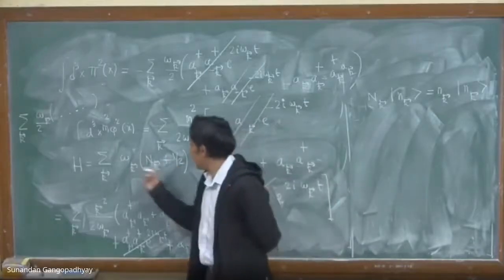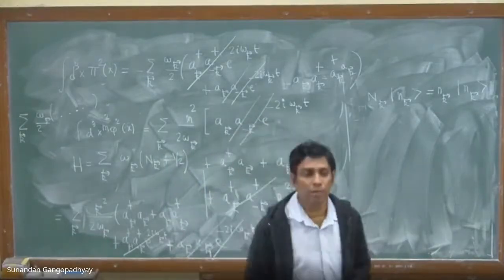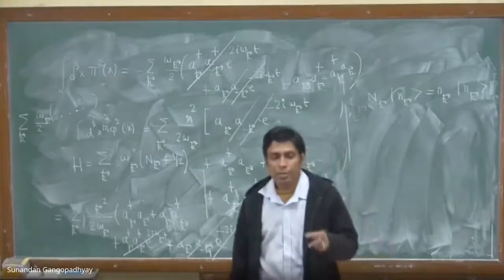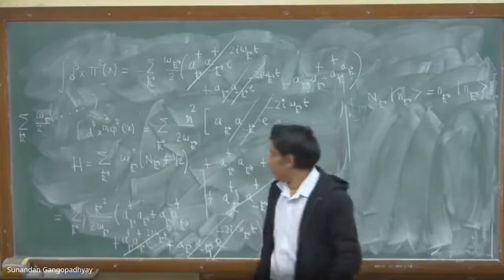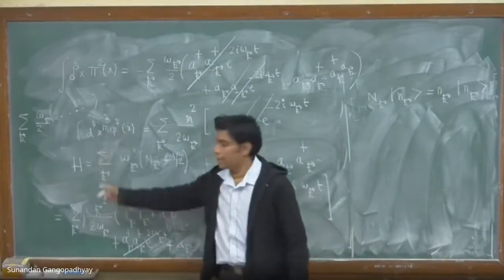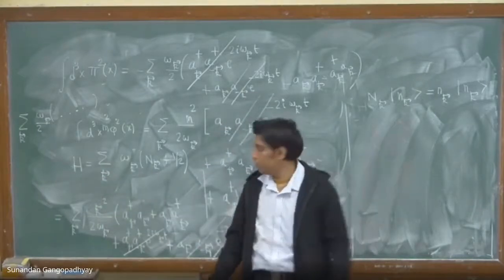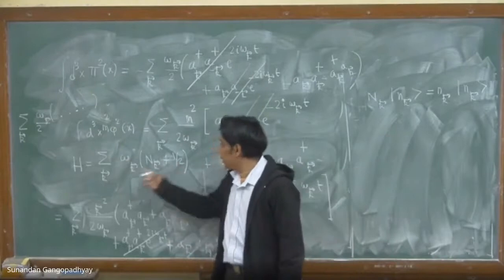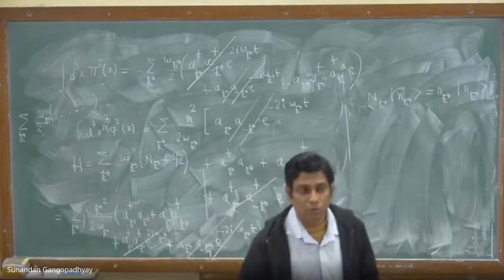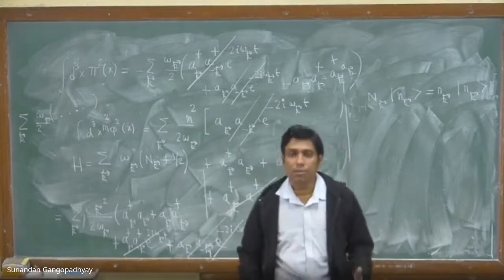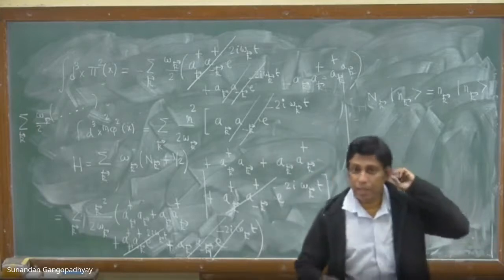So here also you will have an infinity. See, in the case of a single particle harmonic oscillator, you have only this half. It is h bar omega times n plus half. So the 0-point energy is h bar omega by 2. But here you have infinitely many oscillators. There are oscillators with momentum k, and you have all possible values of momentum k. And therefore, this half omega k summed over k will give you an infinite amount of energy. So in the case of field theory, this 0-point energy is an infinite amount of energy, and therefore it is a divergent quantity.